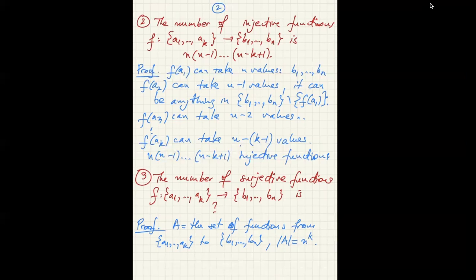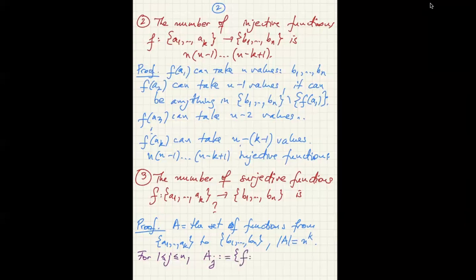So what are the bad sets? A1, A2, maybe An or something. So here, a bad set of functions will be a function that skips one value from the codomain, from the set B1, B2, Bn. So for j between 1 and n, let's define Aj to be the set of functions